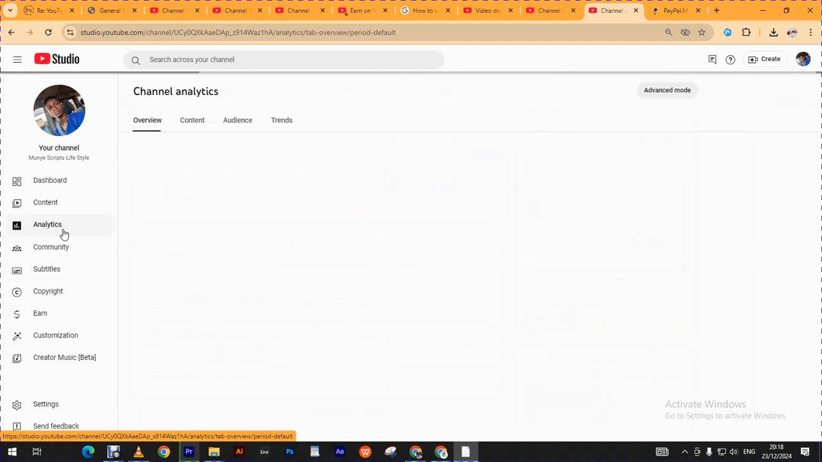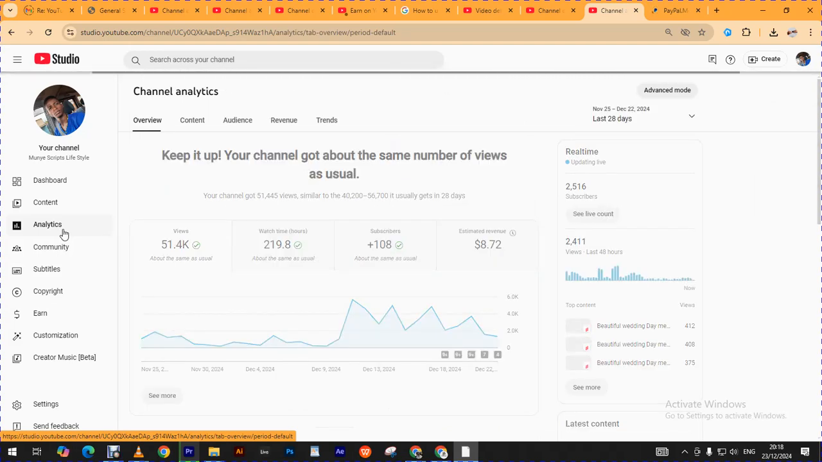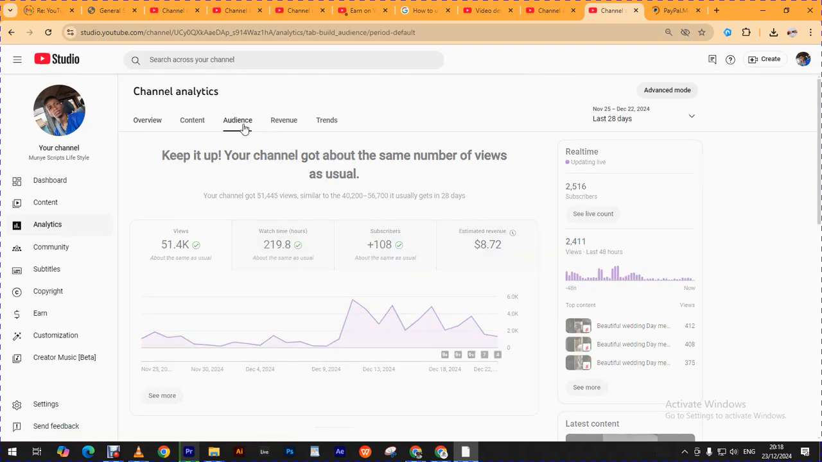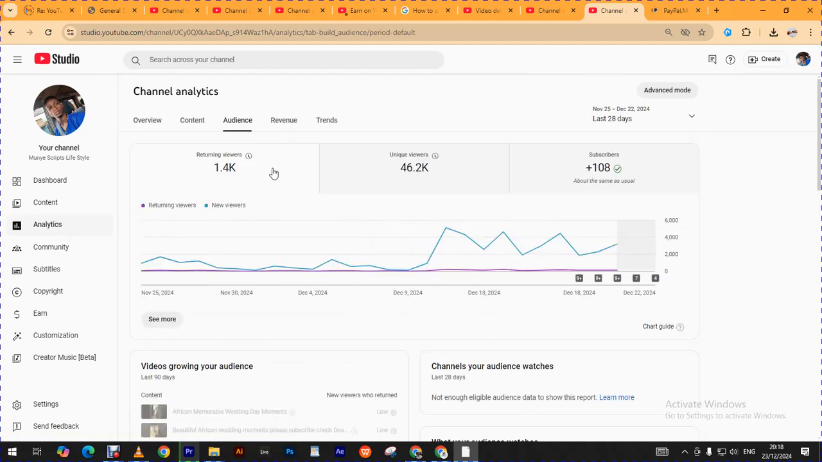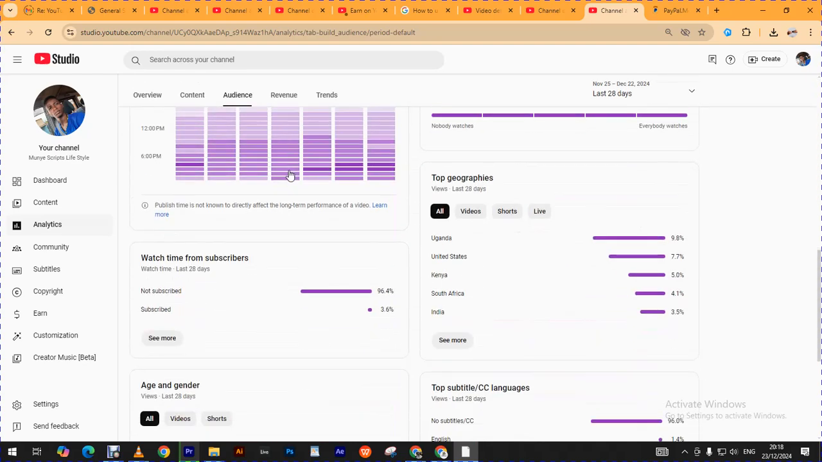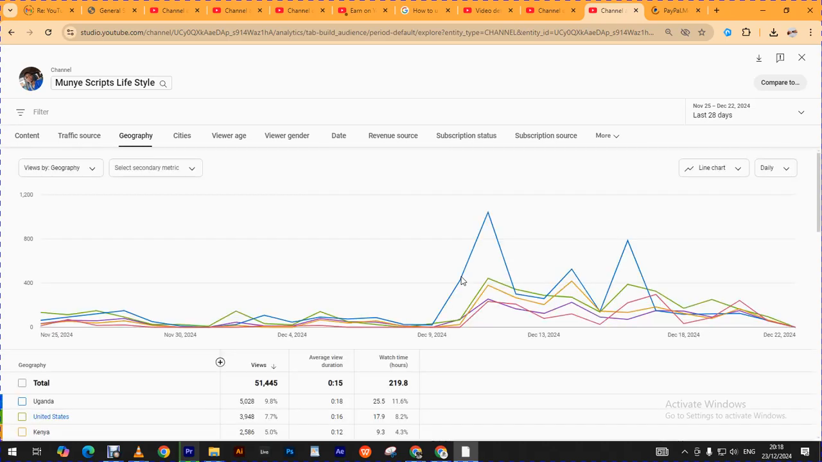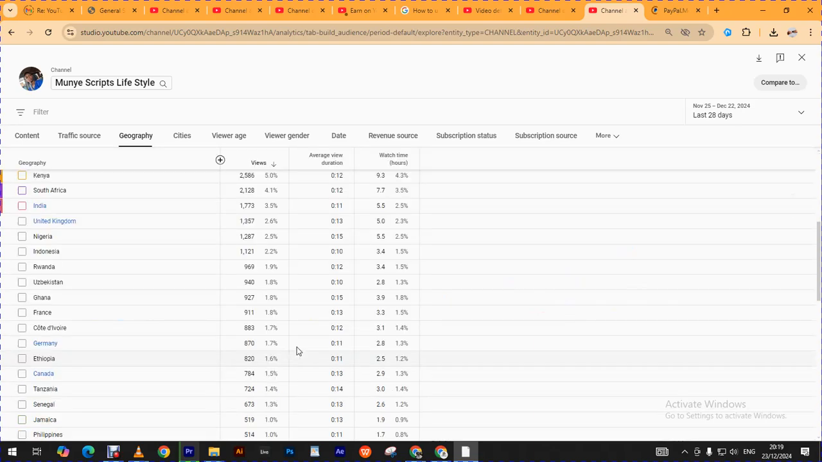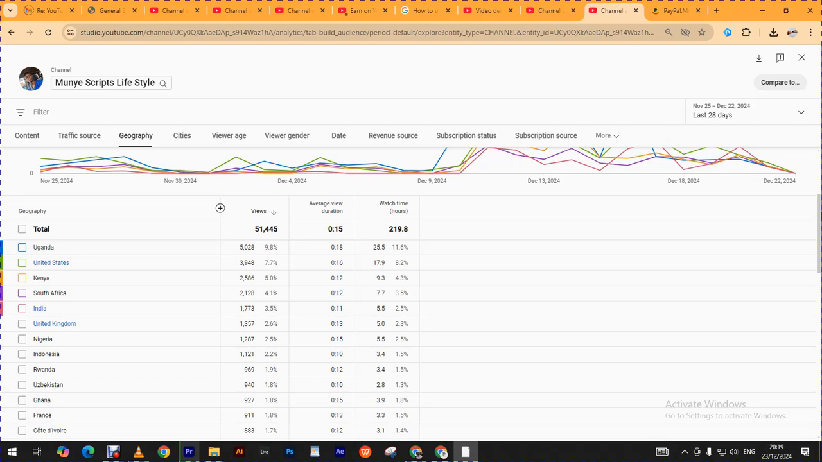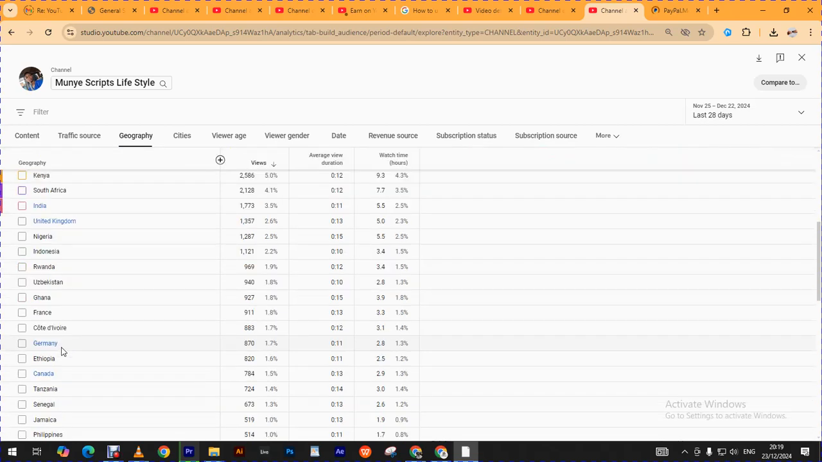When I leave that side and cross over to this other side, as you see here, I get to analytics, then audience, then cross over down. I click top geographies, that is Uganda, United States, Kenya, South Africa, India. Then I click show more, and that pops up. After it loads we look at it. So it is: Uganda, United States, Kenya, South Africa, India, United Kingdom, Nigeria, Indonesia, Rwanda, Uzbekistan,